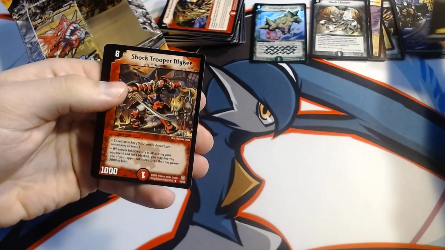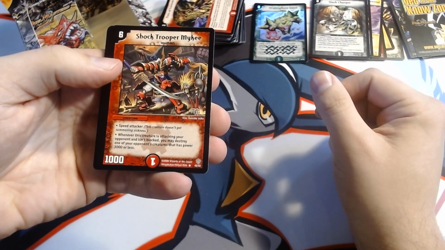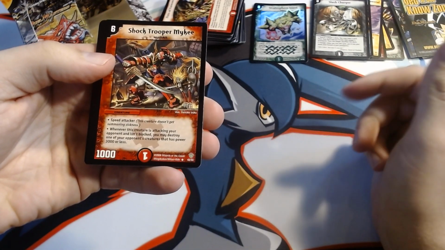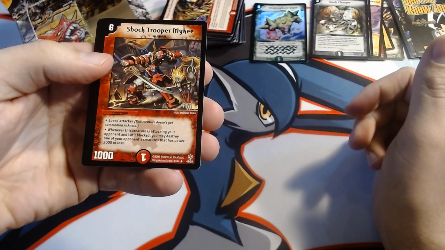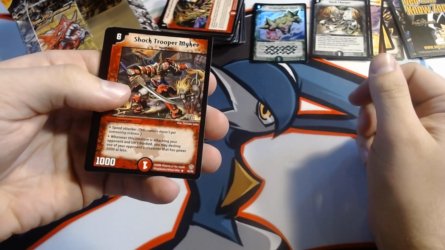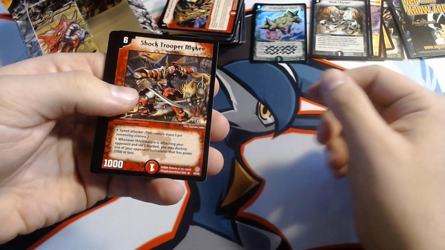Puzzle card. Shock Trooper Mikey. I'm a fan of this card. I used him in one of my decks. Speed Attacker, not really strong, but the Speed Attacker is really the key here. Whenever this creature's attacking and your opponent isn't blocked, destroy one of your opponent's creatures, 3,000 or less power. So, again, if you're looking at taking creatures off their field, not bad, and the Speed Attacker can make it